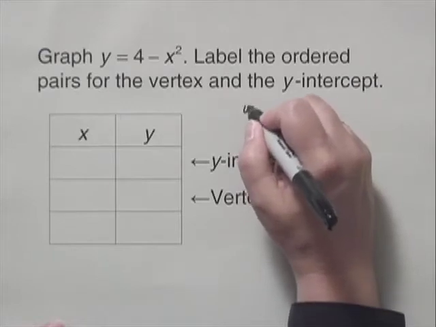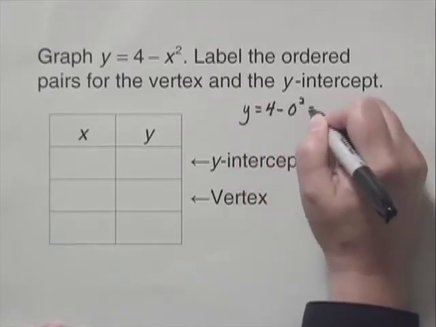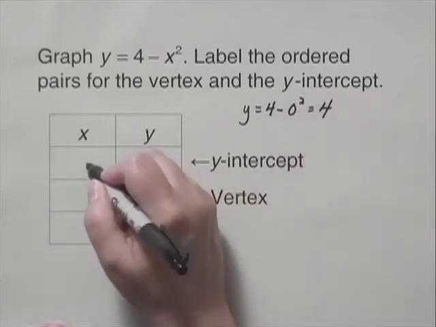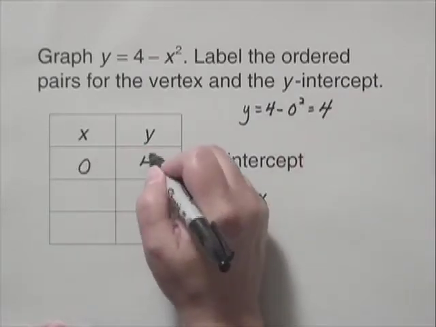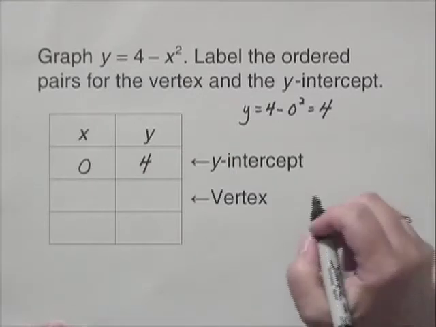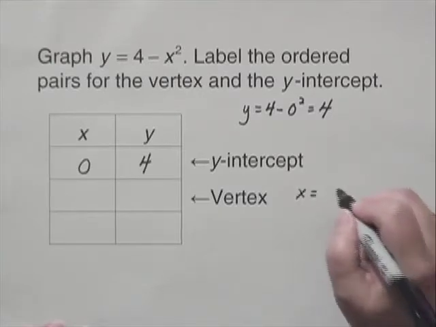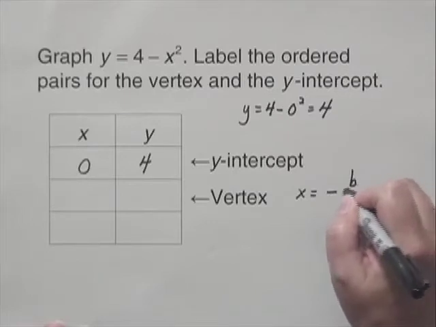So we have y equals 4 minus 0 squared, which is 4. So the point (0, 4) is the y-intercept. Now let's look at the vertex. For the vertex, we can use the formula that the x-coordinate of the vertex is the opposite of b over